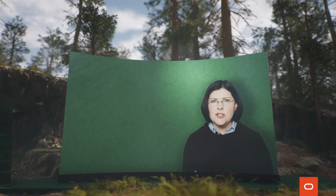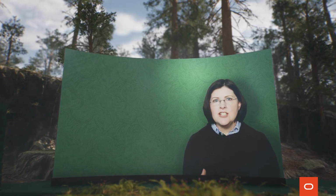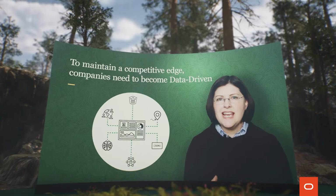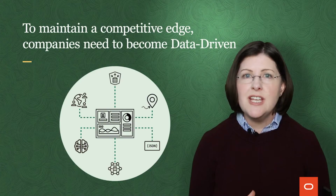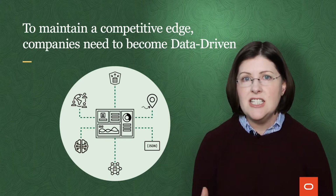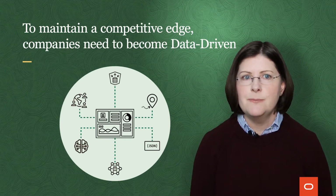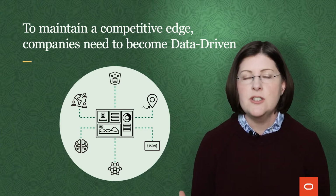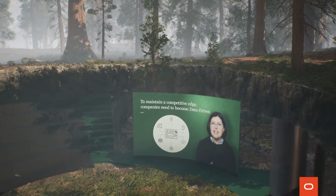I'm excited to talk to you today about modernizing through database consolidation. In order for companies to maintain their competitive edge, they not only have to understand what their customers are up to, but they need to be able to anticipate those customers' needs. And the easiest way to do that is to become a data-driven enterprise, or in other words, take advantage of